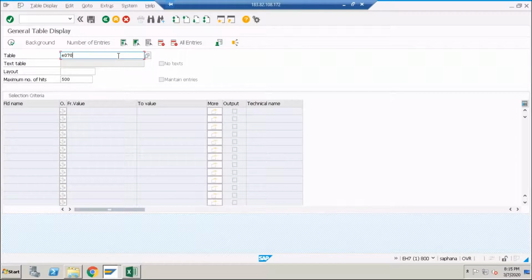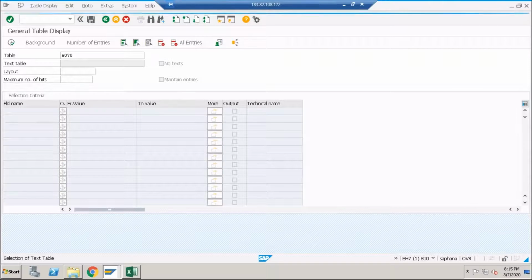E070. I go for transport requests, and the maximum hits I just remove, then execute. It shows the customizing request, workbench request, transport of copies.